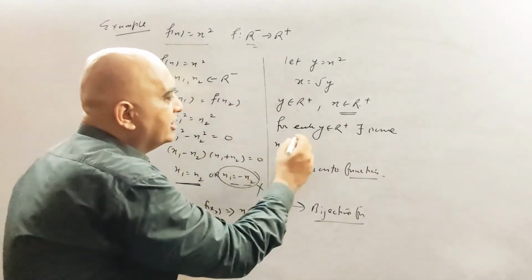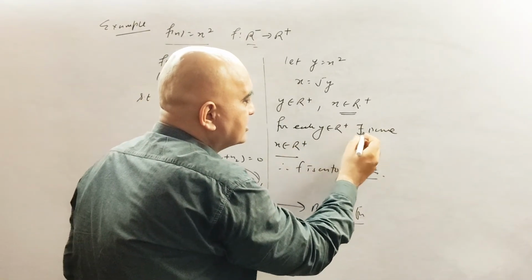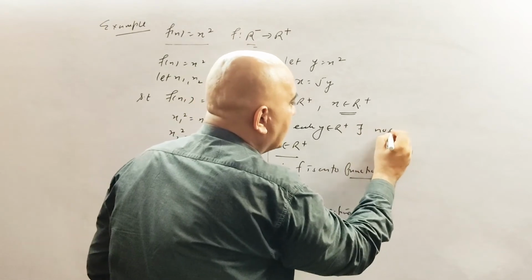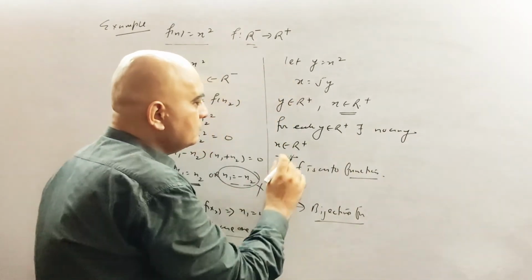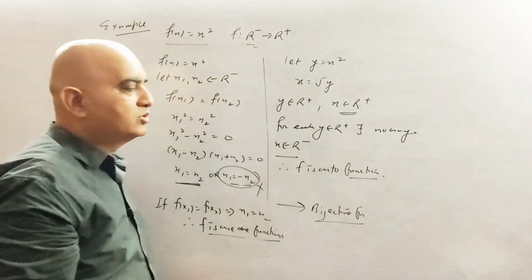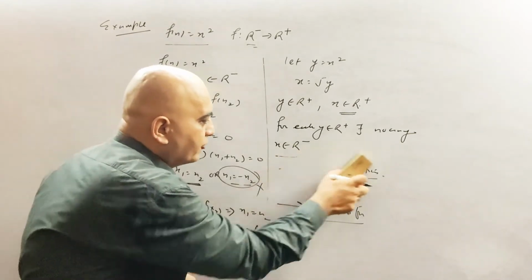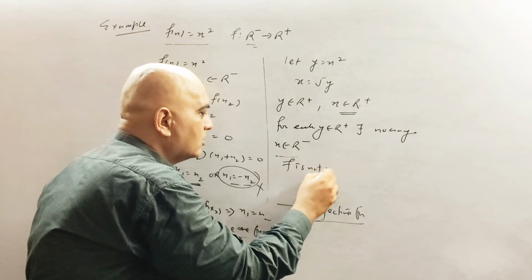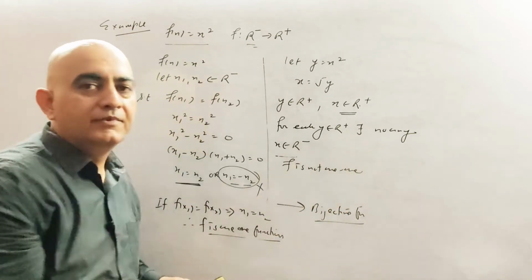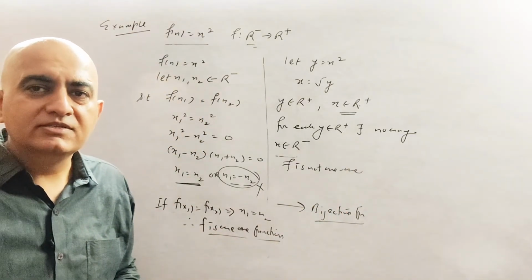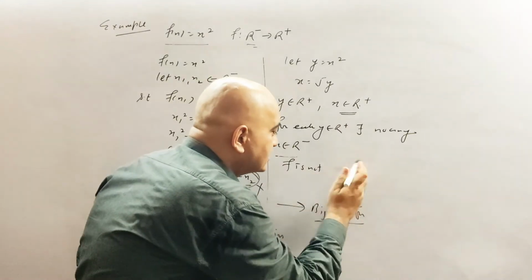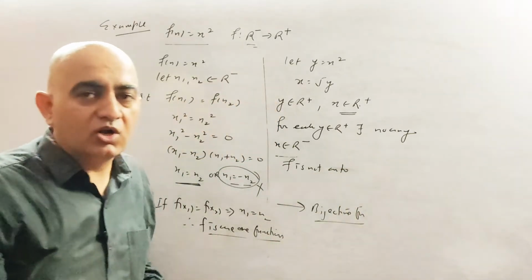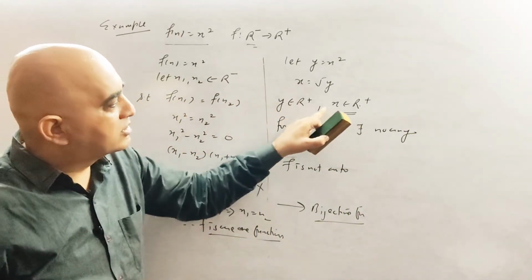It means for each y belonging to positive reals, there exists no x which belonging to negative reals. Therefore, f is not 1-1. Not 1-1 means, sorry, not onto means this function is not onto because कोई भी पॉजिटिव रियल नंबर